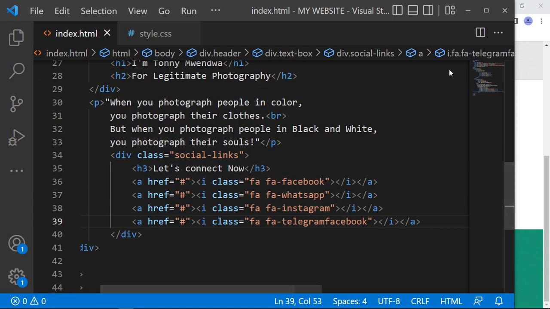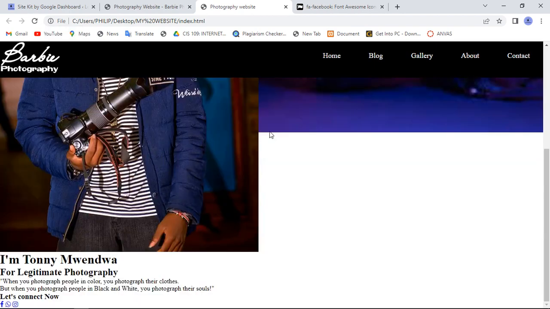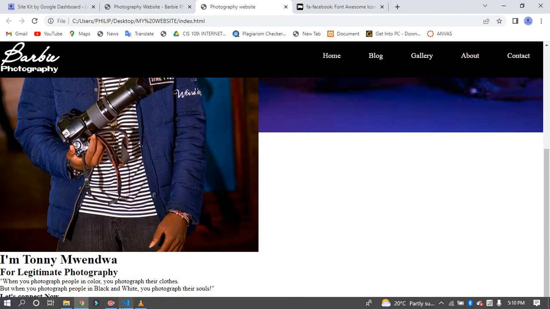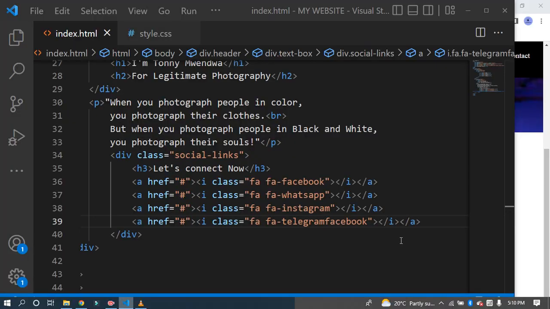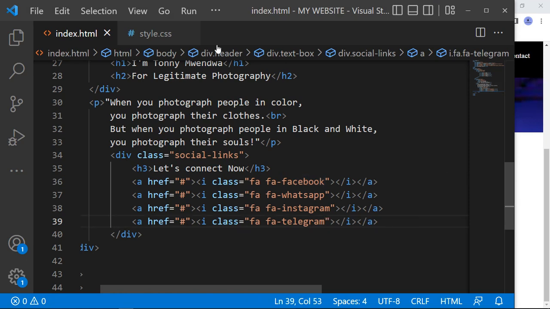Okay, with that just come back to your site and click on refresh and see how it is set up. You have all that, and your icons here are set up out of the image. So it's up to you now, and we continue to the next part to style it. This one should be Telegram at this point. Okay, now